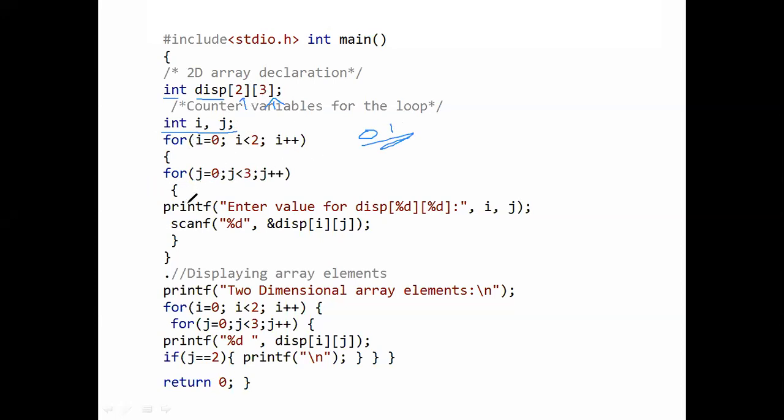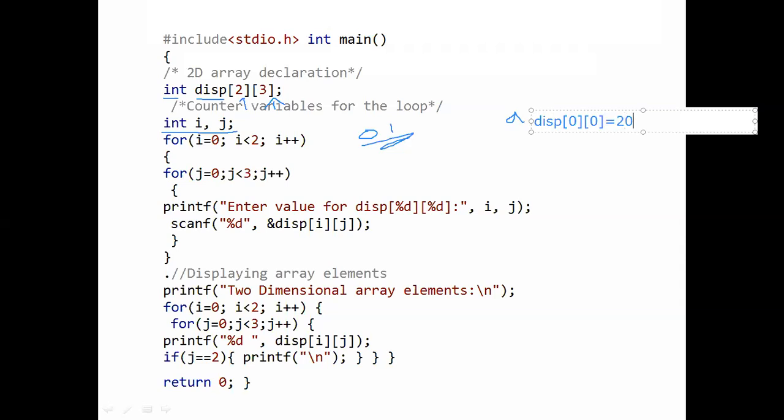Then I want to give values on my own, so you just have to write display of i comma j as the input. Give input to display of 0 0.